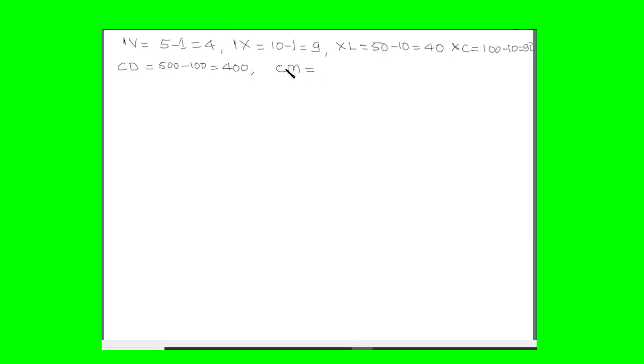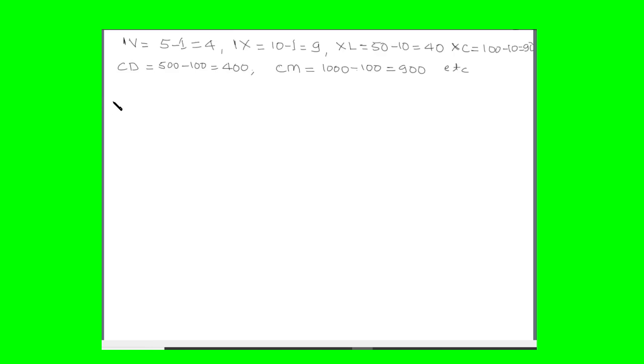CM, C is value of 100 and M is 1000. So C is smaller than M. So we subtract value of C from value of M, which is 1000 minus 100 equal to 900. This way we use the rule of subtraction. When the symbol comes to left of a symbol of greater value, then we subtract like this.